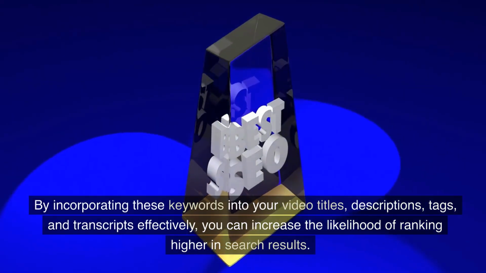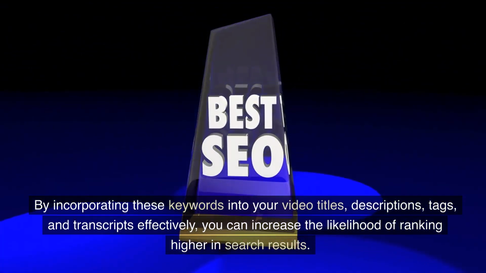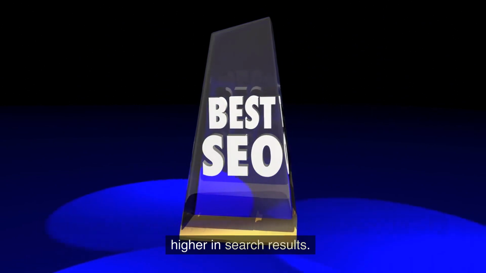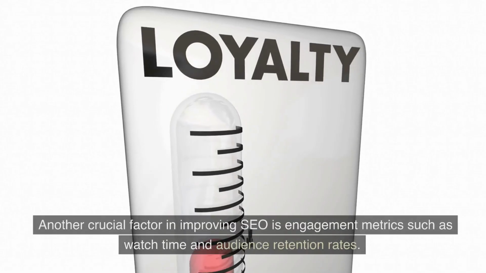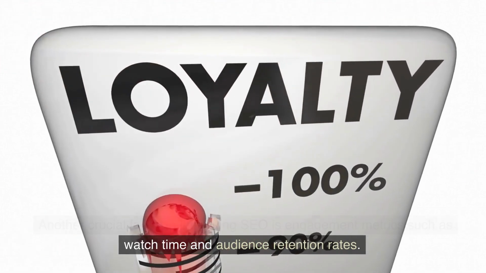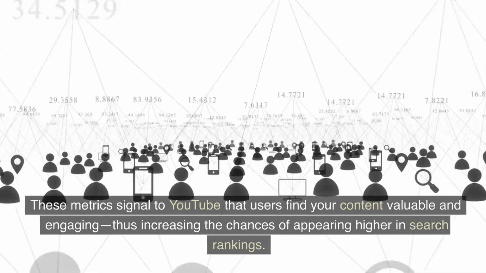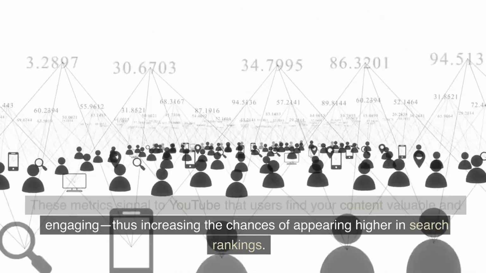By incorporating these keywords into your video titles, descriptions, tags, and transcripts effectively, you can increase the likelihood of ranking higher in search results. Another crucial factor in improving SEO is engagement metrics such as watch time and audience retention rates. These metrics signal to YouTube that users find your content valuable and engaging, thus increasing the chances of appearing